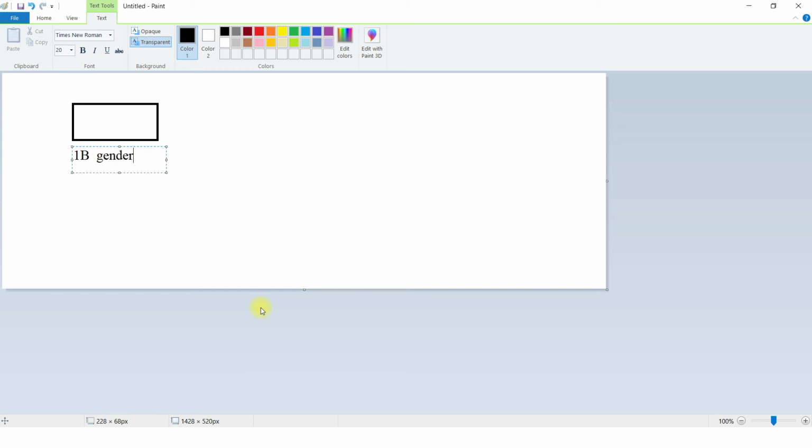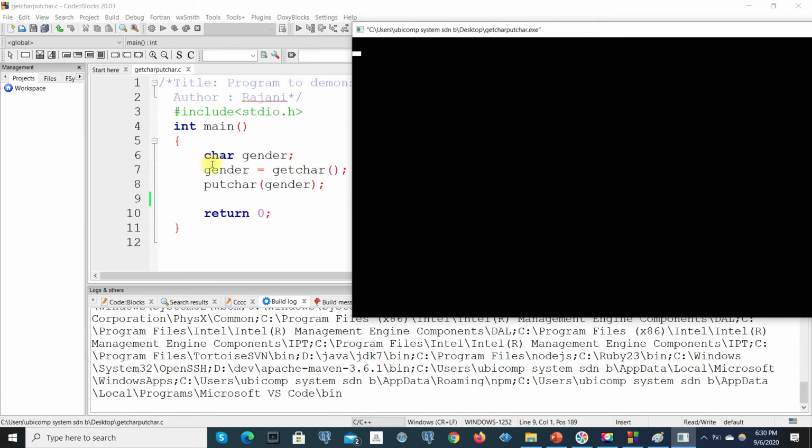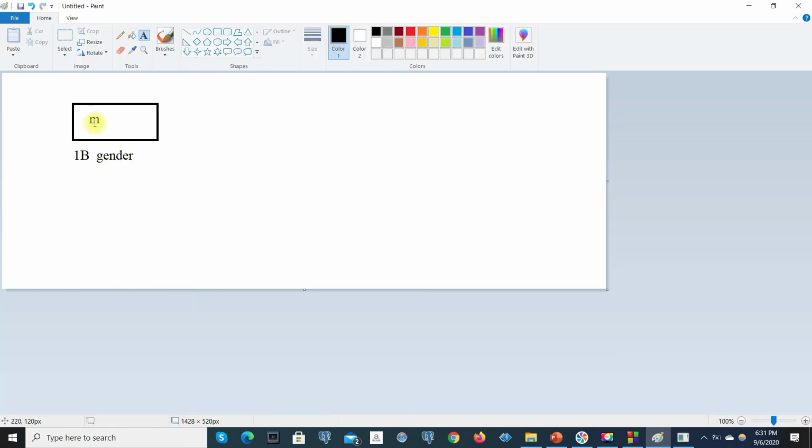Okay, now let's go and execute our program. Let's take out this line, save, compile. Our program is compiled successfully. Let's run this program. As we have seen, char gender means the memory is created and it is named as gender. Now this statement is waiting to read a character. Let's say I am giving M for male. getchar will read this character, then it will store this character onto the character data item in the memory. It means the value of this data item is M.